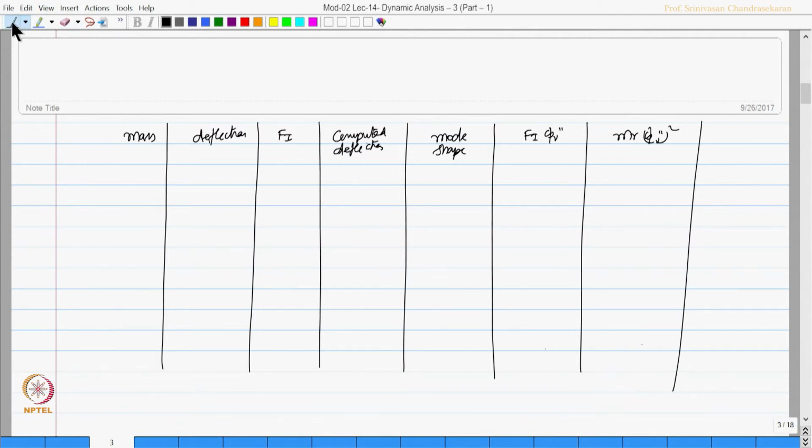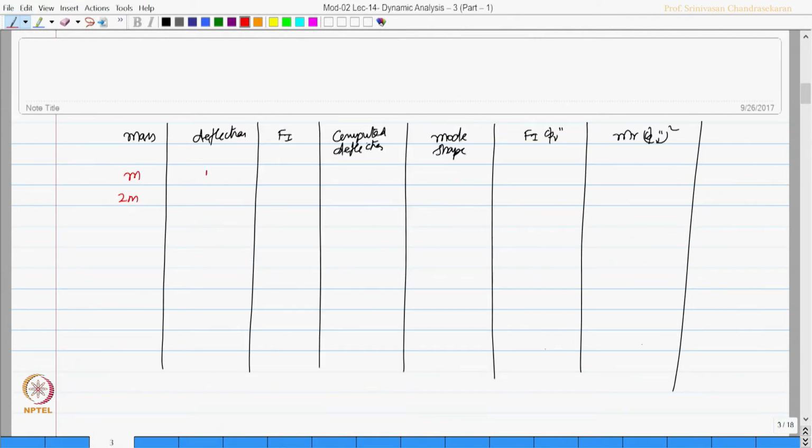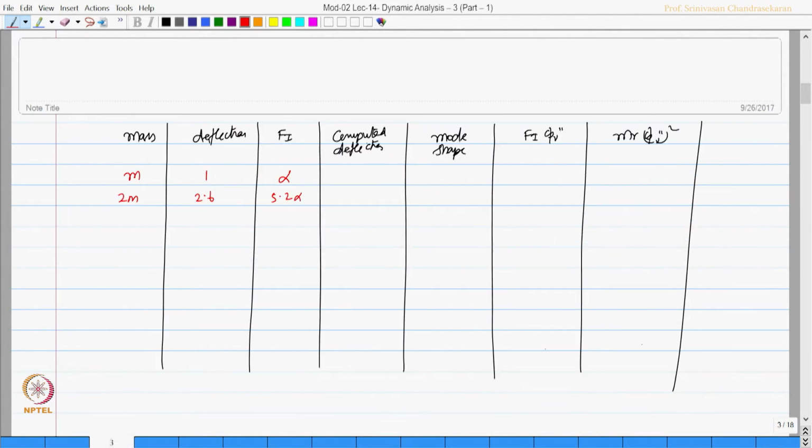Let us borrow those values. For my problem, this is m and this is 2m, and the previous iteration it is 1 and 2.6. I will take that value as 1 and 2.6. So, this is going to be alpha, 5.2 alpha. I request you to follow the same algorithm we expressed in the last cycle of iteration. The same way you get Fr, so you get Fi, then this is going to be this value divided by